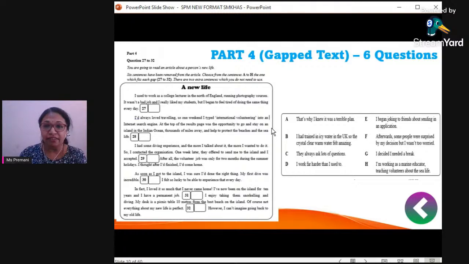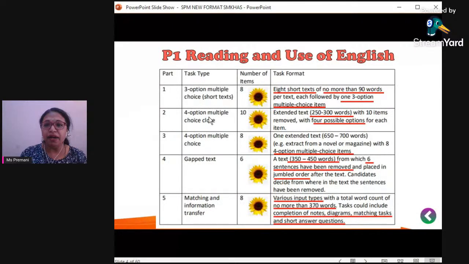Okay, let's go to part 4. So if you see part 4, this is the description. They call it the gapped text. Similar to part 2, where it's a word gap, one word is gapped, blanked. This one, the whole sentence is blanked. So the length is 350 to 450 words, around half of the page. So reading is required here. And then